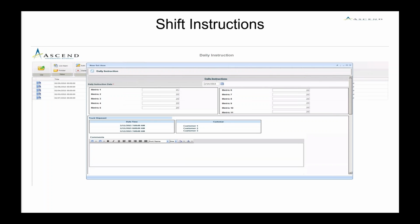On the next slide, with the shift instructions, again, same kind of thing, a format where they would have the previous shift instructions from the previous day. They could go and just overwrite, edit, and make it very easy for the engineer or the specialist to do that. And then one thing that's not shown here that we did in a lot of units,